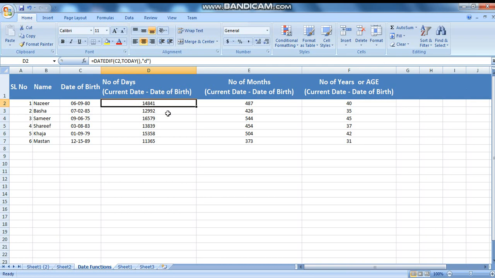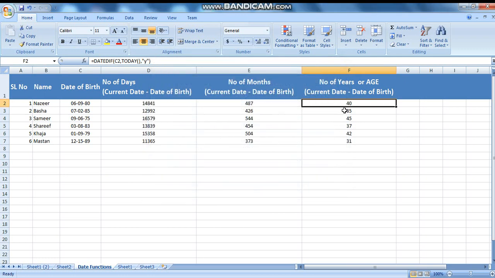If you want the number of months, then you have to use the same function, but the only difference is we have to use M. And if you want to calculate the number of years difference between today's date and date of birth, then you have to use the same DATEDIF function, and the only difference is you have to specify Y. If you specify Y, it will give the number of years difference between the current date and date of birth.